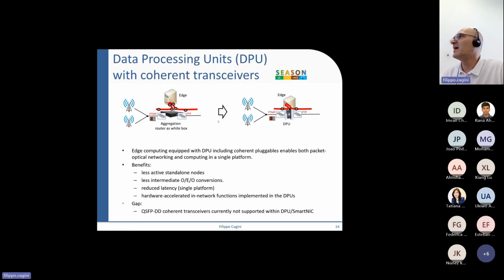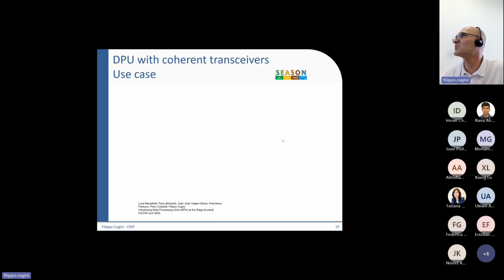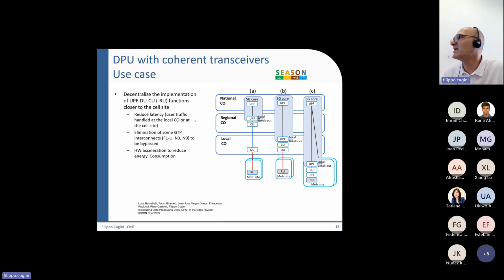Now, before closing, I would like also to give you another of small pieces of research directions. One is the use of smart NICs or network interface card that could be as well equipped with the pluggable transceivers. And so this represents the convergence of packet, optical, and also computing resources. This is another interesting research topic, particularly interesting for 5G scenarios, where we have